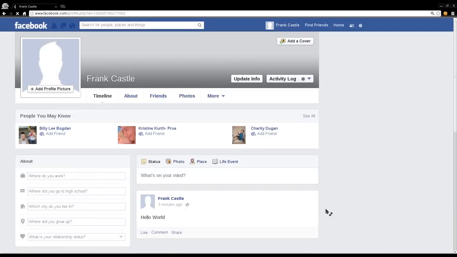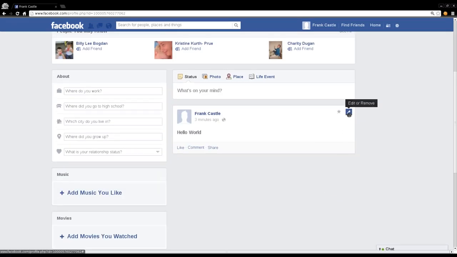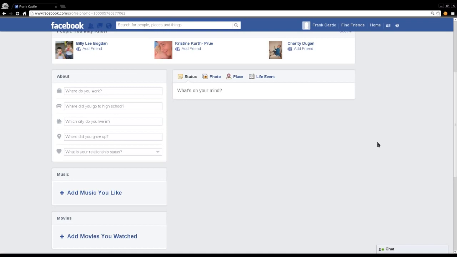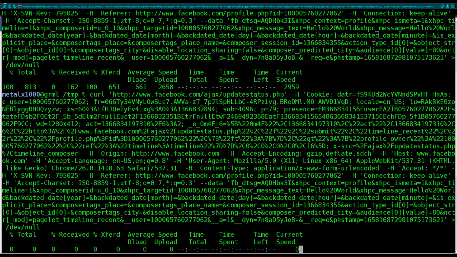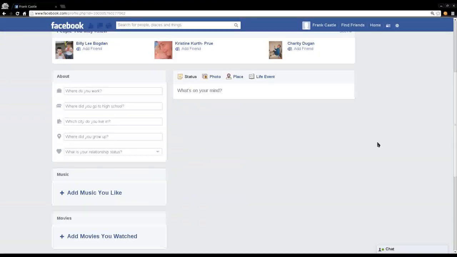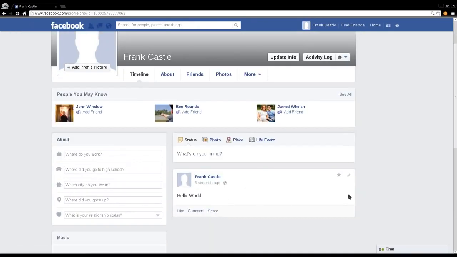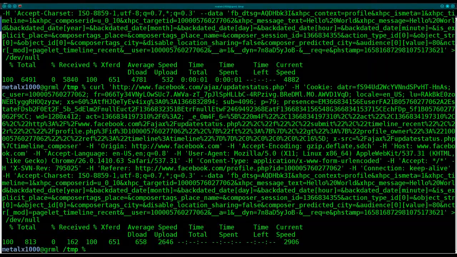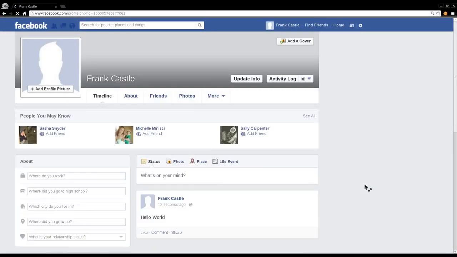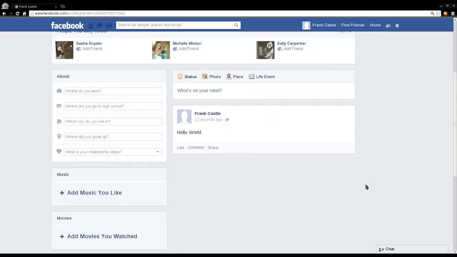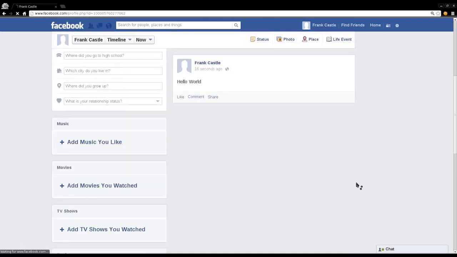posts. And I'm not 100% sure why. It may be that it's seeing it as the exact same post. So what I'm going to do in this case is I'm going to delete this post. Okay, and I'm going to up arrow and run my command one more time. I have had that happen to me before, and I think it's because I didn't change anything at all in the command. So there, if I refresh, you can see that post is there now. Run it again. Let's see if it gives me a double post. Yeah, because I'm posting the same exact information, the same cookies, the same text,